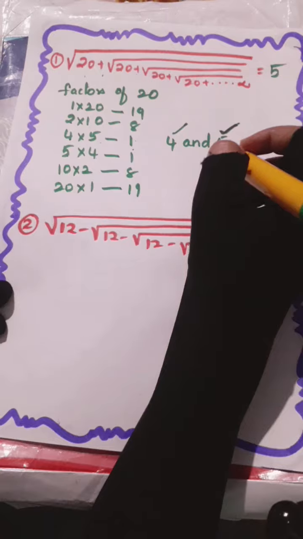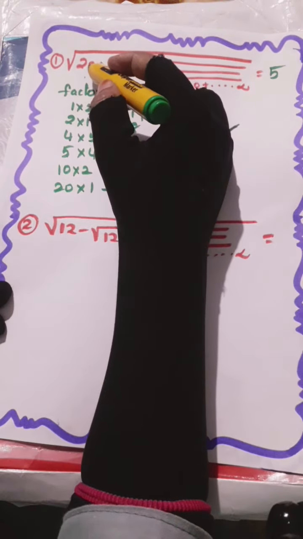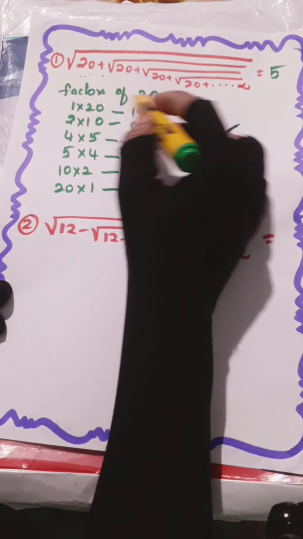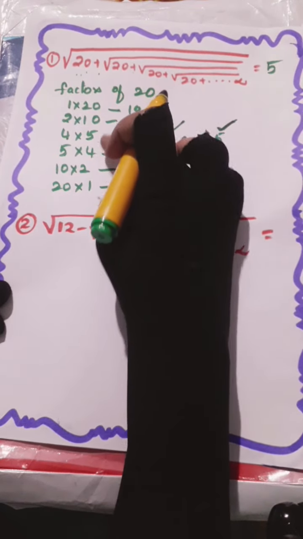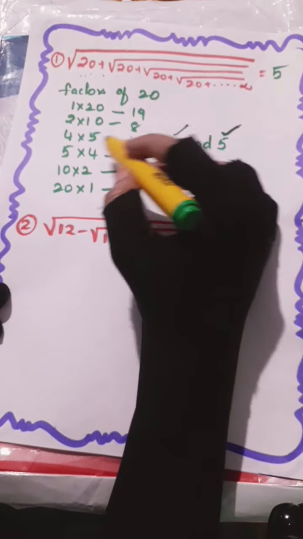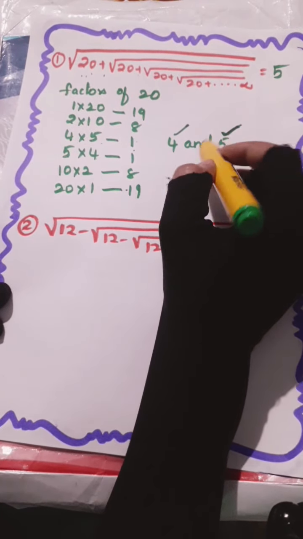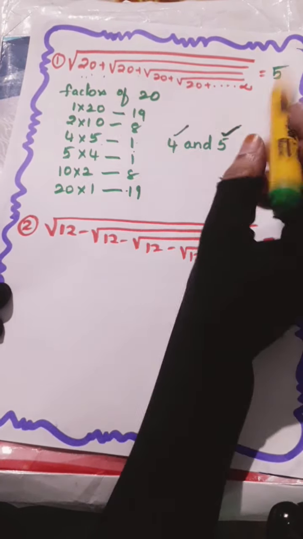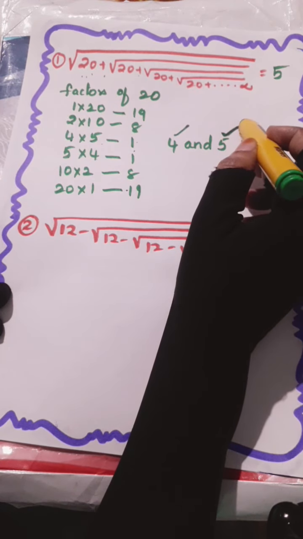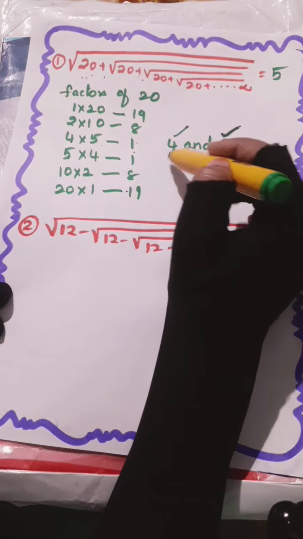5. Okay, once again I will repeat. For example, here the question is there, we have to take 20, then factors of 20, we have to select any two numbers whose difference is 1, keep in mind. So whose difference is 1? 4 and 5. 5 4s, 4 5s is 20. Okay, so if plus symbol is there, we are taking 5 value. Okay, if the symbol is minus, we have to take 4.